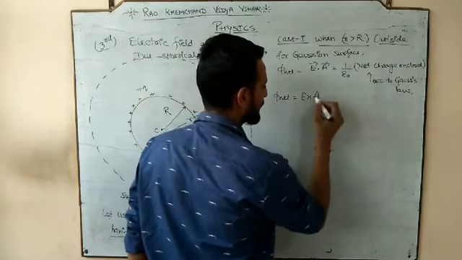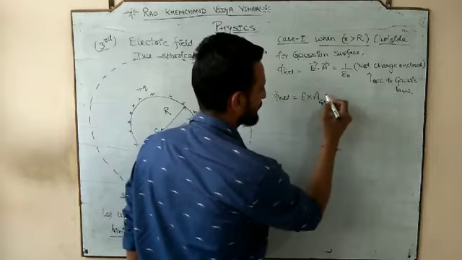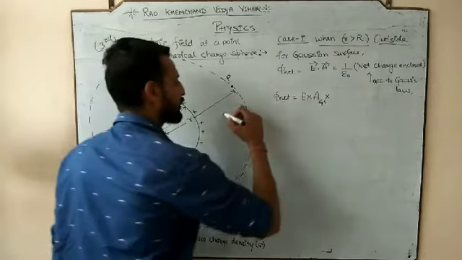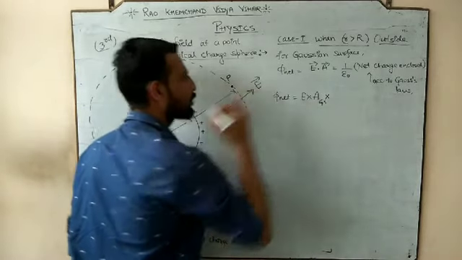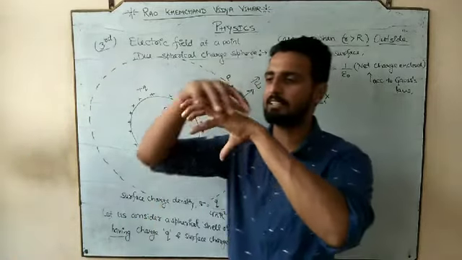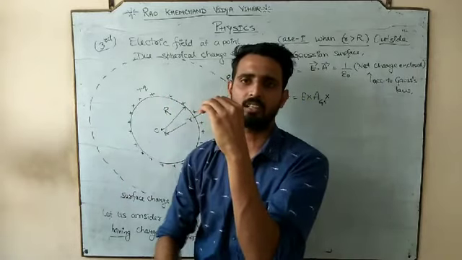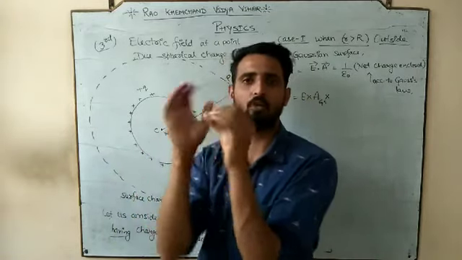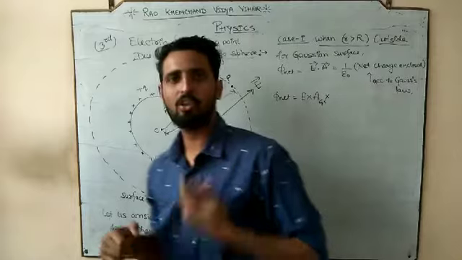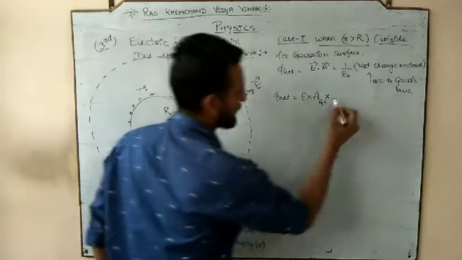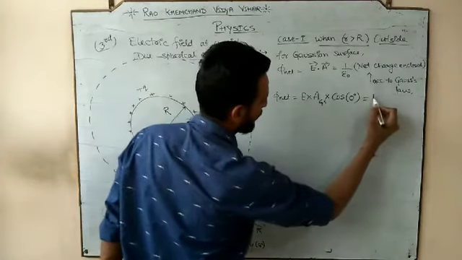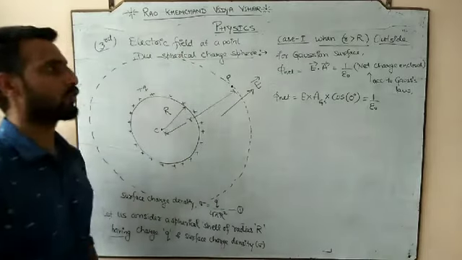So let me mention here GS, Gaussian surface. Since positive charge is given to it, the direction of the electric field for a positive charge is outward. The Gaussian surface is a spherical surface, so imagine it is a spherical surface. Where is the direction of the area vector? Outward. For a sphere, the area vector is outward, and the electric field is also outward because of the positive charge. So what is the angle here? The angle is 0 degrees, which is equal to 1 by epsilon naught times the total charge enclosed by the Gaussian surface.